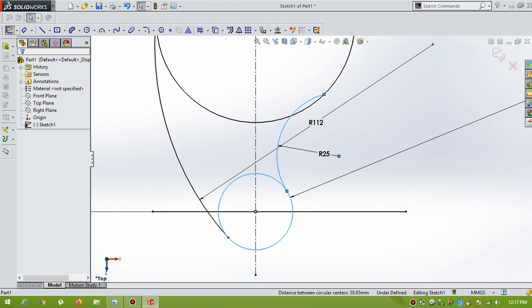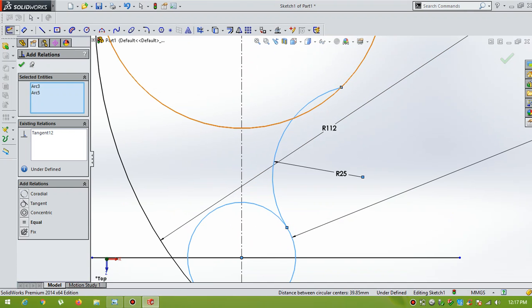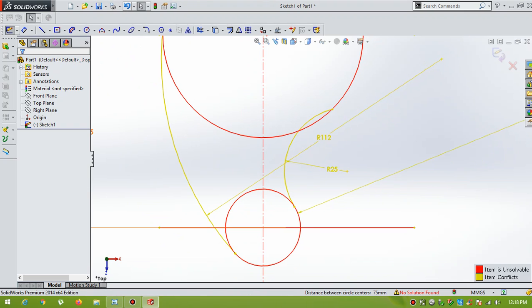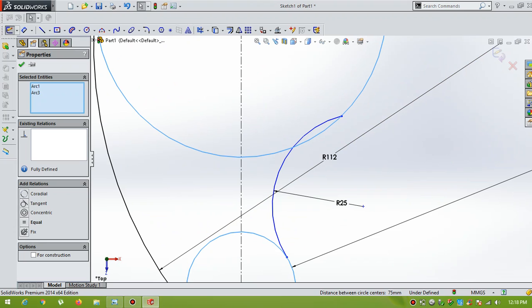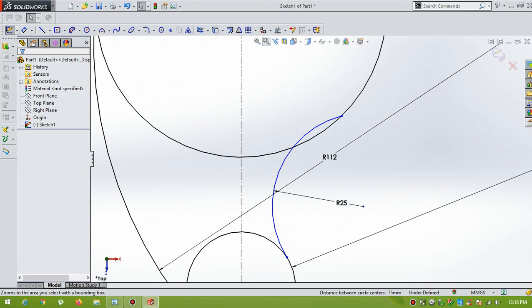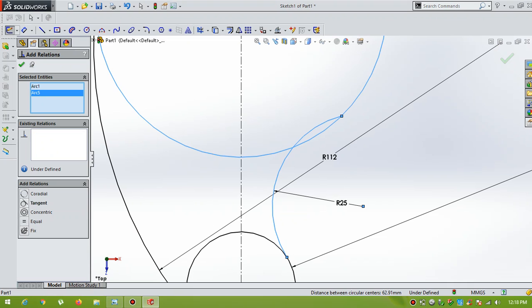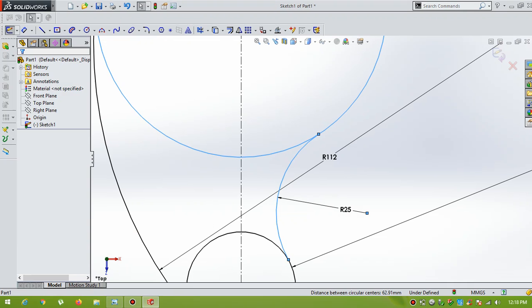Here also go for Add Relations, select the circle and arc, give Tangent. And relation, okay.